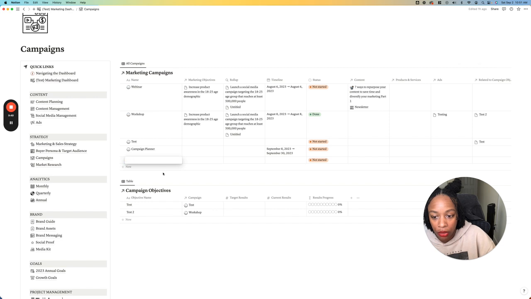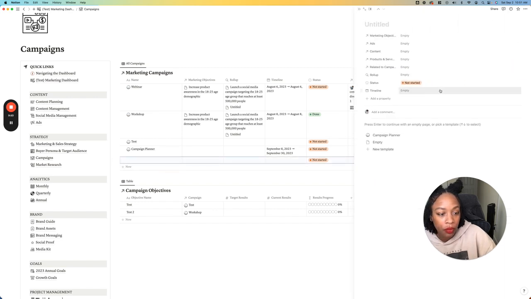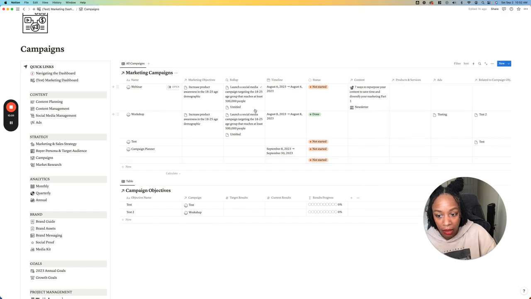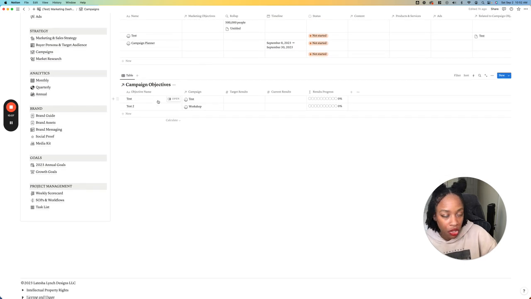So again, new, open. There's nothing in this campaign planner, but you can make a template for yourself. Like maybe you want a checklist of things that you need to do. You can add a checklist, but you just put the title, the status, and then your timeline. And that's really it, so that it adds a campaign here, because your campaign objectives is what's going to inform